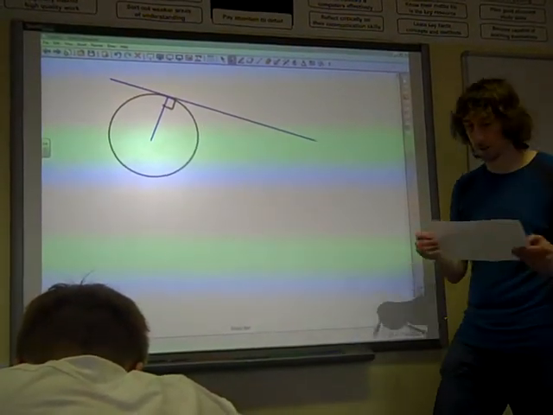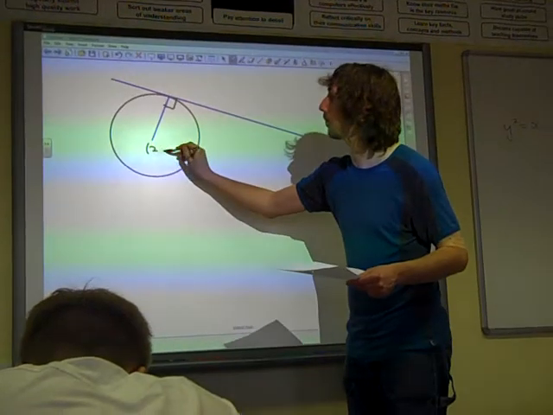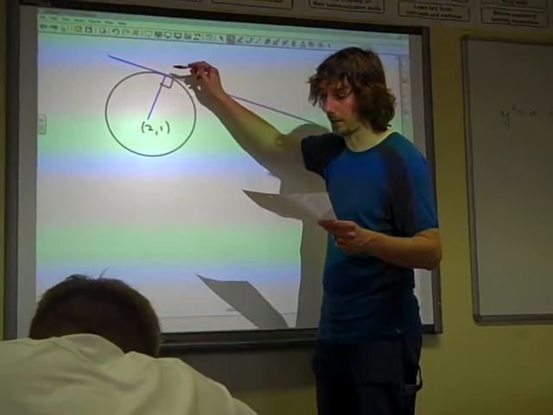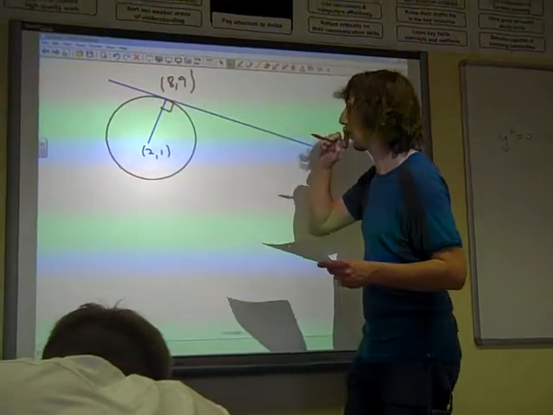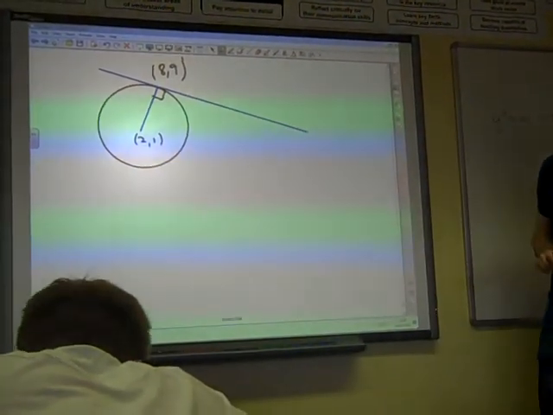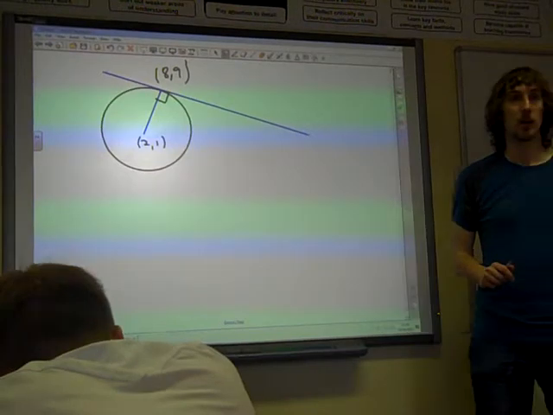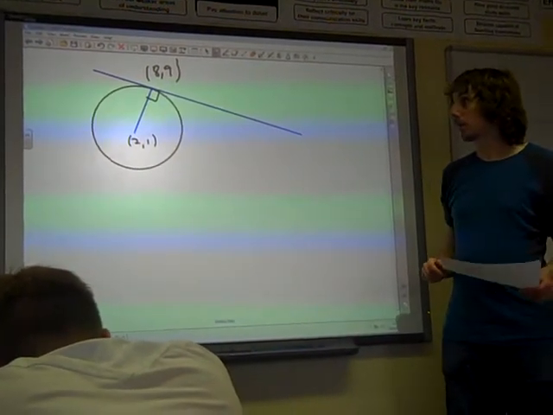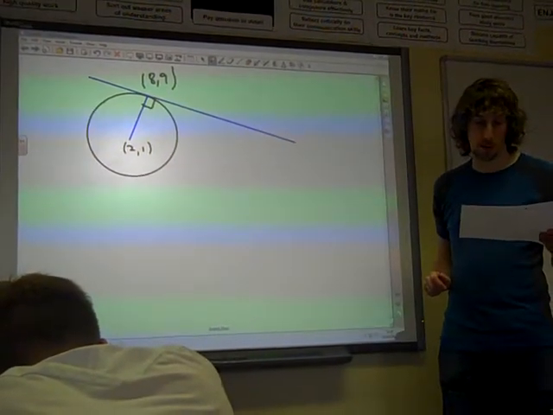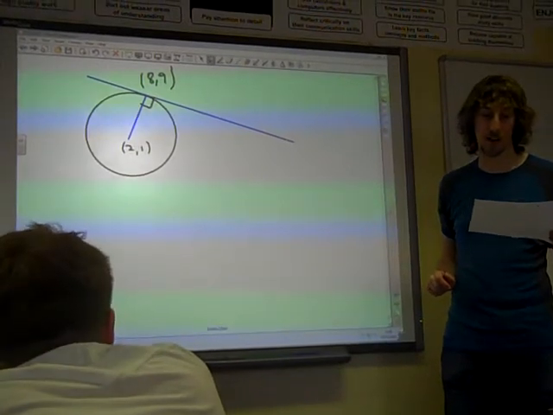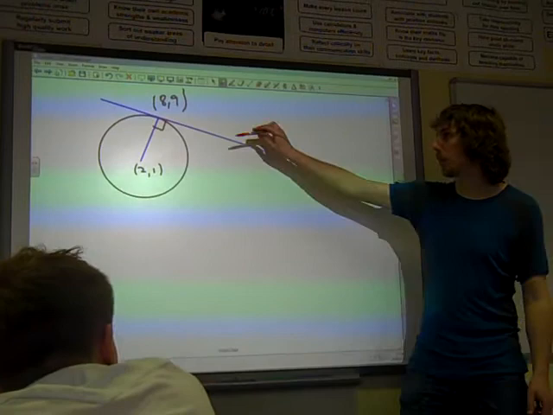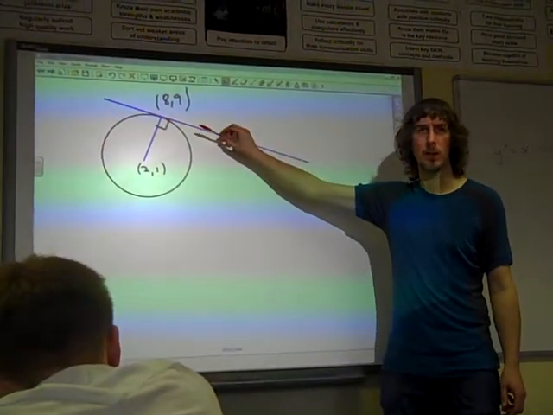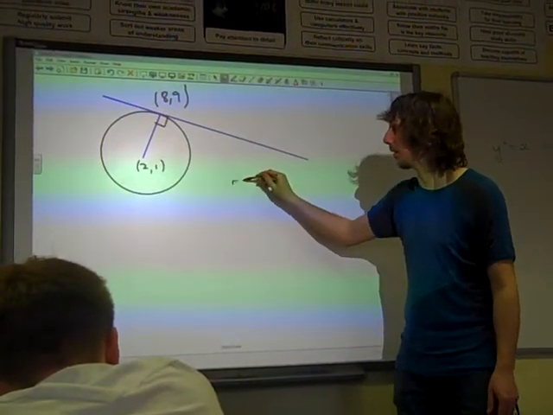We've got that the centre of the circle is the point 2, 1. We've got the point where it meets the circle is the point 8, 9. I'm not so sure about the scale of my graph, but it will do. And we want to find the equation of the tangent to the circle at that point. Well, all we need to work out is we've got a point on this line, we need its gradient. The radius gradient,